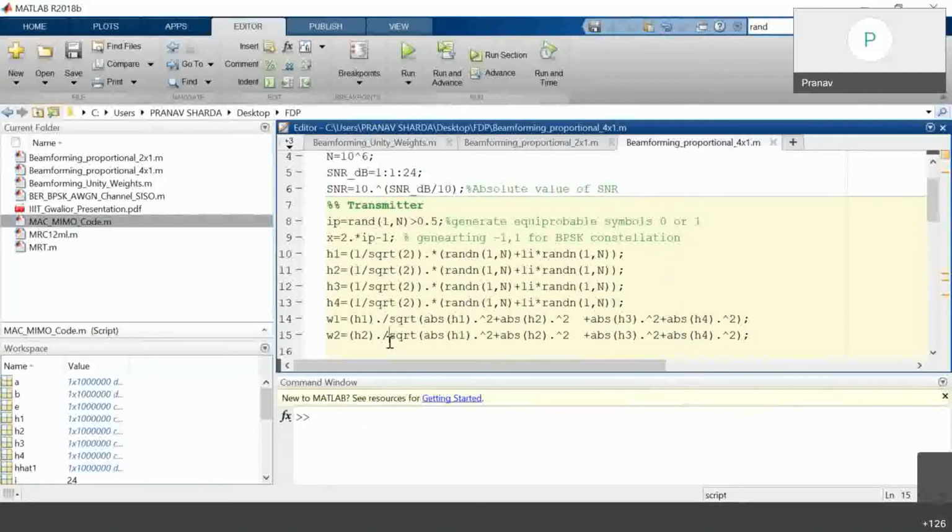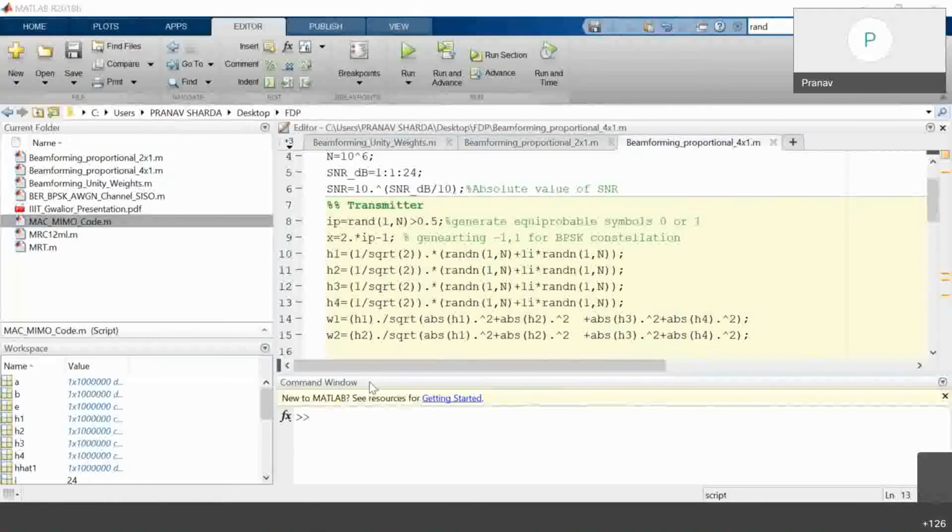And I request everyone, there is a website, DSPLOG. You just Google it. You will find all these basic codes. This we have written on our own, but if you have any query related to MATLAB, you can Google DSPLOG. You will get some basic codes of MATLAB for the sake of understanding.